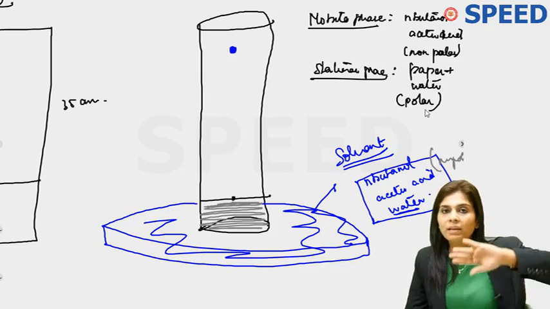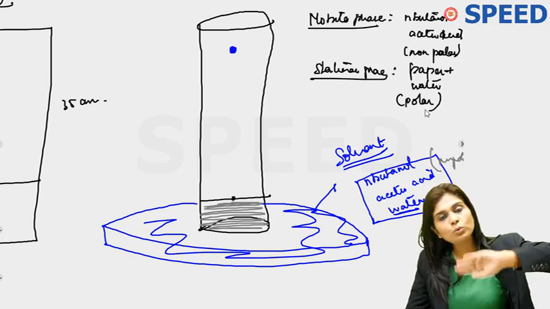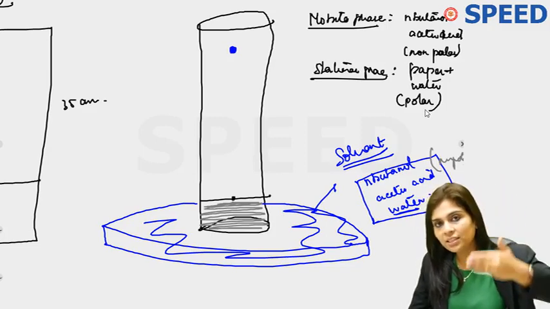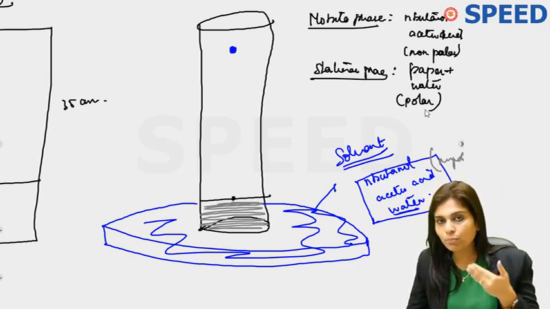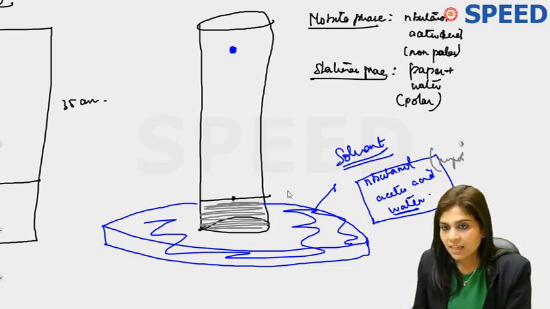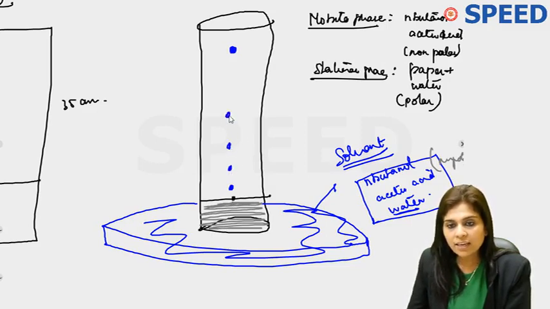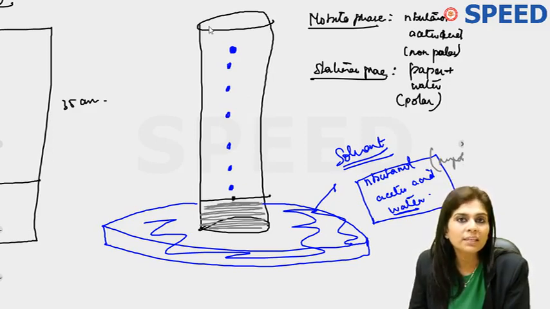And because the mobile phase is non-polar, which would move the fastest? Non-polar amino acid will move the fastest. And the stationary phase is a polar phase. So polar amino acid will be held close to the point of application. That way, based on polarity, I've separated all amino acids. The most polar amino acid will be present close to the point of application. As the non-polar nature increases, they move and they are present away from the point of application.